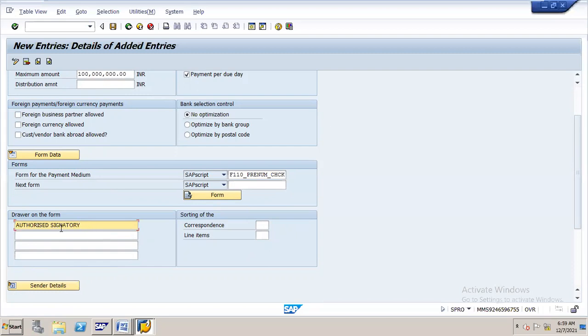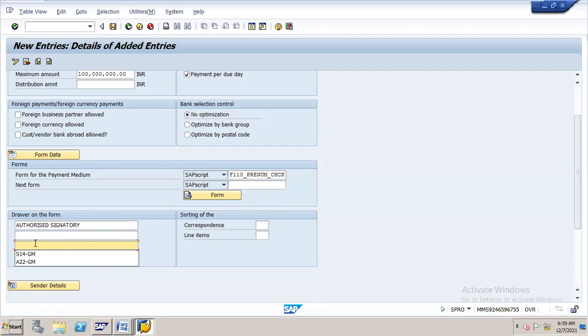Normally the senior person's signature will be there on the check, right? So here we can write the name of whoever has authority to issue the check.